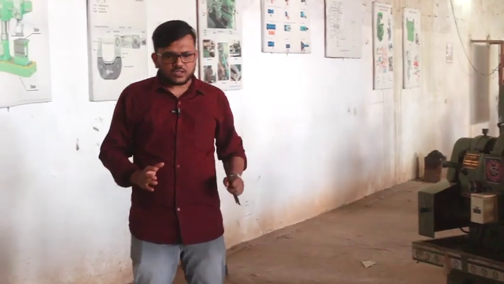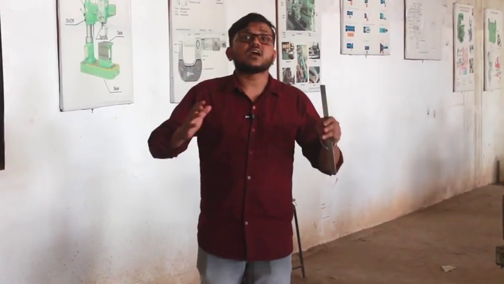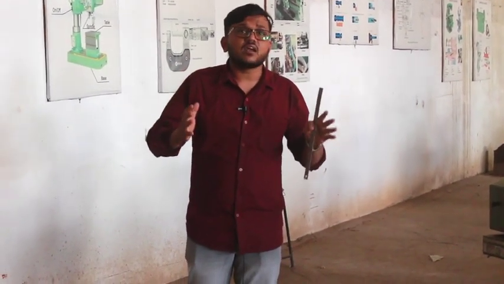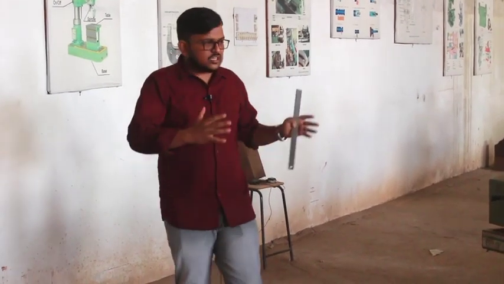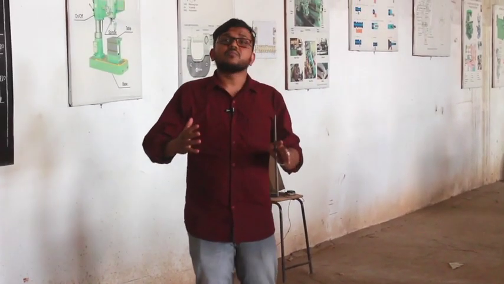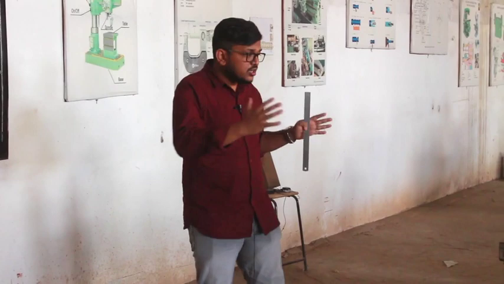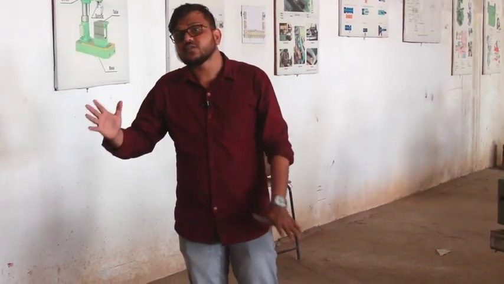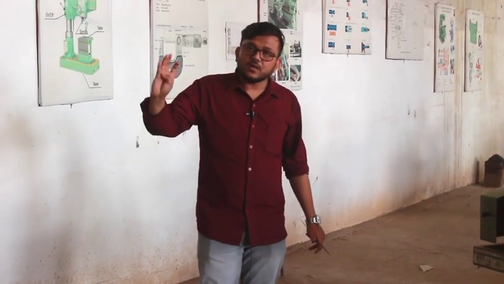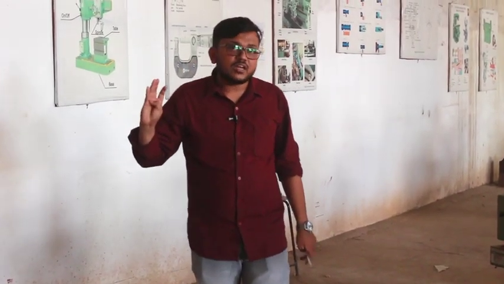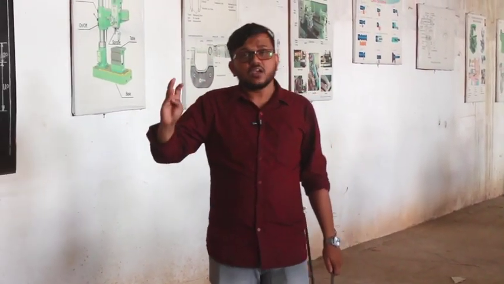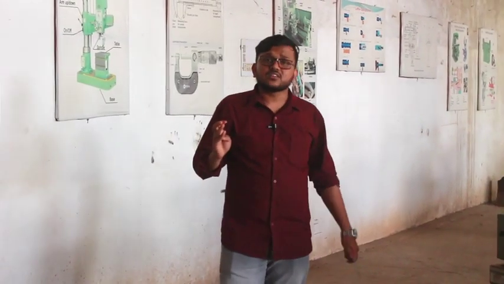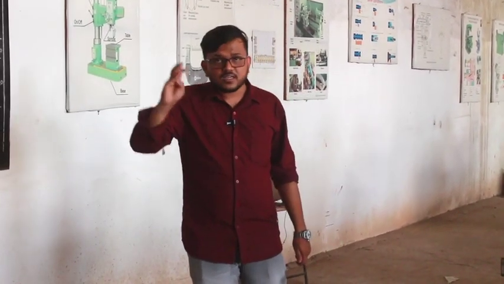Why do we go for casting? It is casted by ground molding, because it is a huge structure, it can't be machined anywhere. So, it needs to be casted, and hence casting is the manufacturing process. So, what have we seen? We have seen the material for the bed. Material for the bed is grey cast iron. We have seen what is the manufacturing process. The manufacturing process is casting.